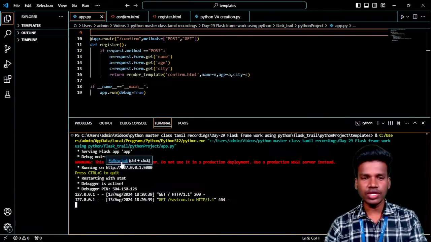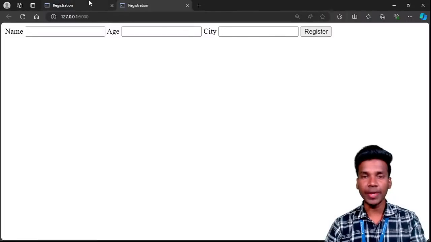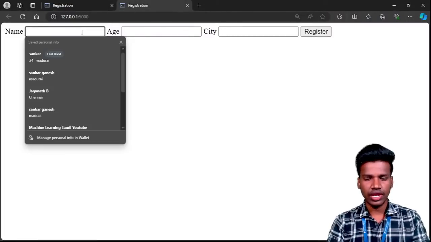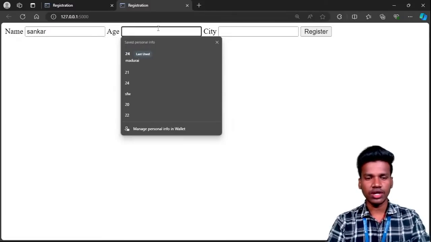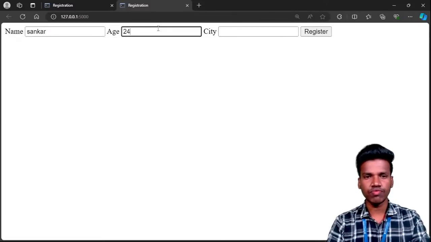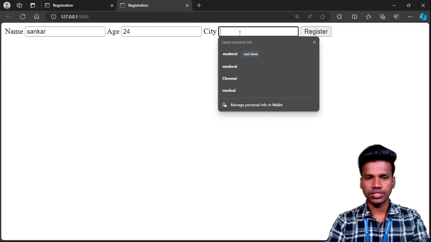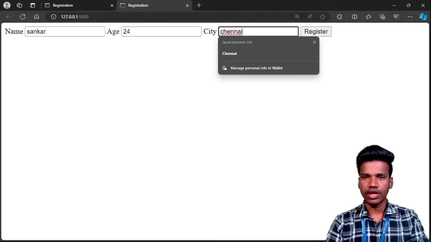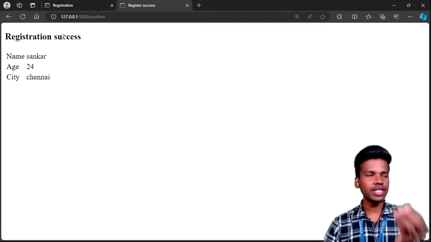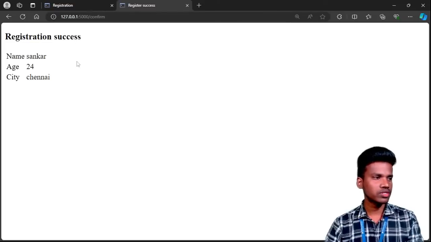Now I click this link and it moves on to the web application, the web page. Now I fill in my data, for example Shankar. This is my name, right? Shankar, 24, and city like Madurai, Chennai. So this is Chennai. I will register this, enter. Automatically the web page will move on to the next one.